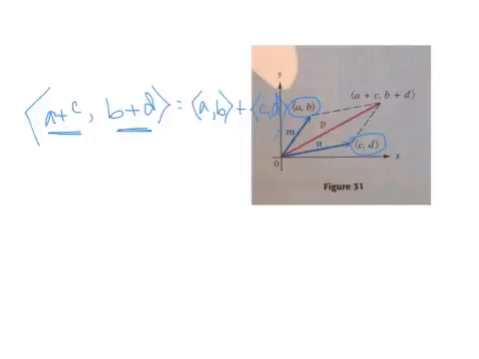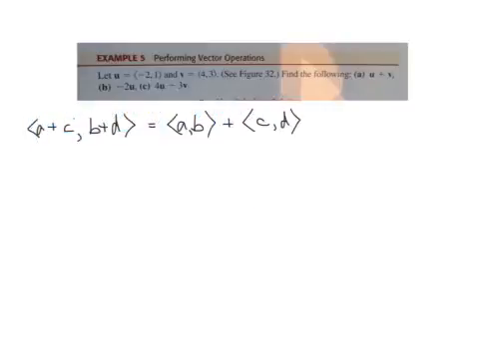So let's jump to example 5. This example uses some of the vector operations, top of 309 in blue. Probably a good idea to write those down. So let's look at this one. It says find the following. We're looking at U plus V. So we've got two vectors, U and V. And we're going to use this formula, which is the first one in the vector operations in the blue up there. U plus V equals